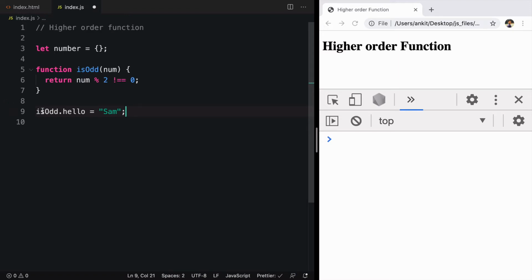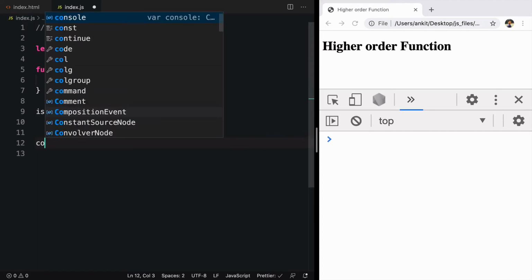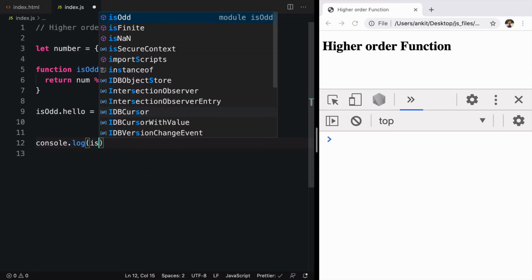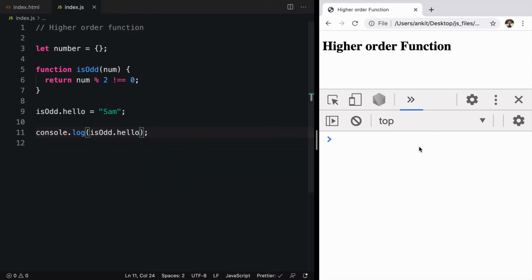I'm considering isodd, that is a function, but I'm treating it like an object and adding a key hello with a value of Sam. Can I access that value? To access that value, I'll say console.log isodd.hello. Refresh it, and here we can see the value Sam. It means that the function is behaving like an object. So you can think of a function to be a special kind of object that can be executed.